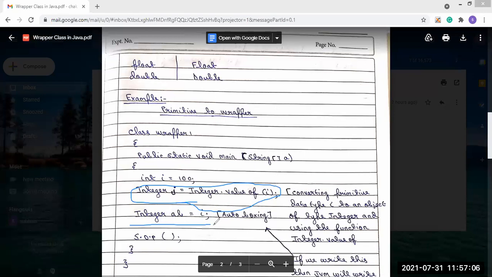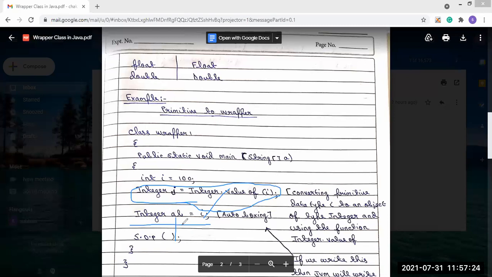internally. If we write this statement, Integer ab = i, it will directly convert. This is the primitive data type and this is the Integer class object ab.